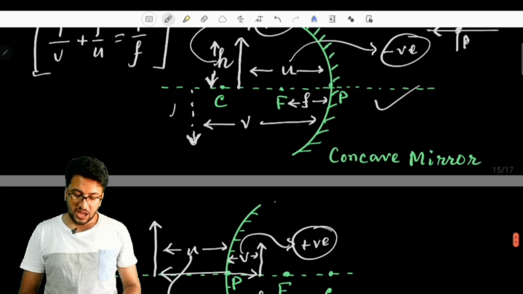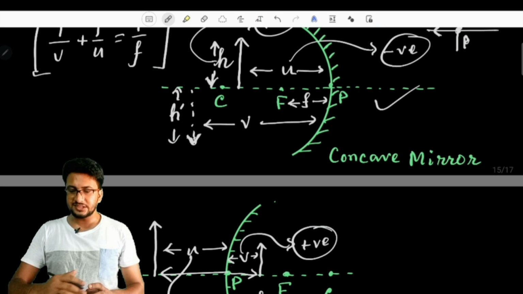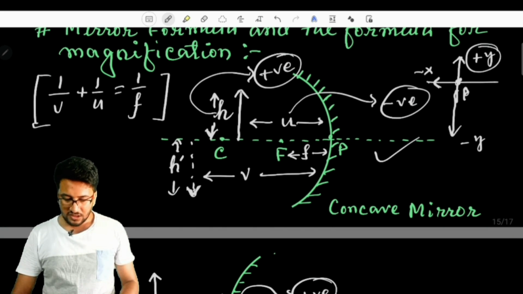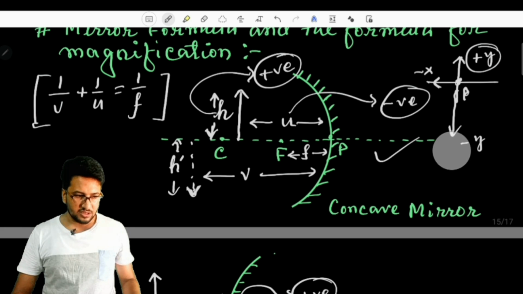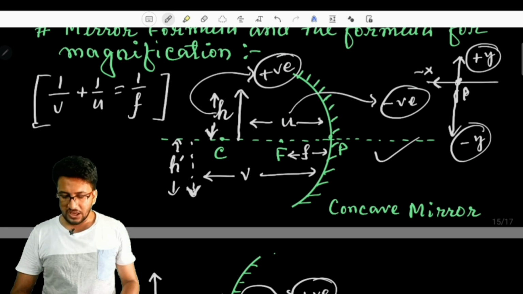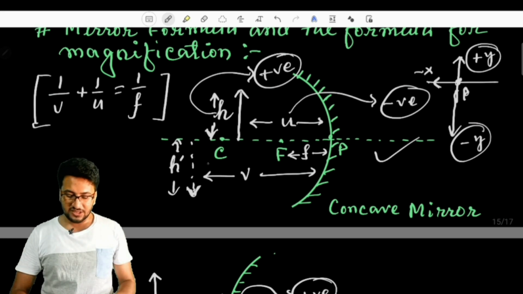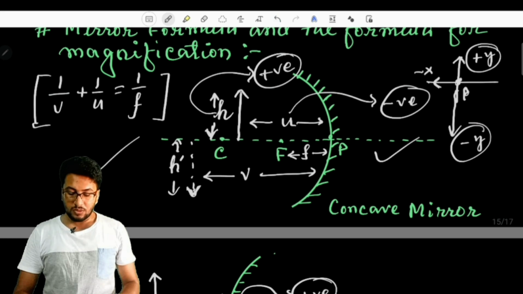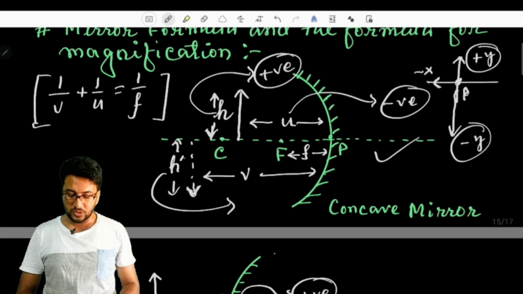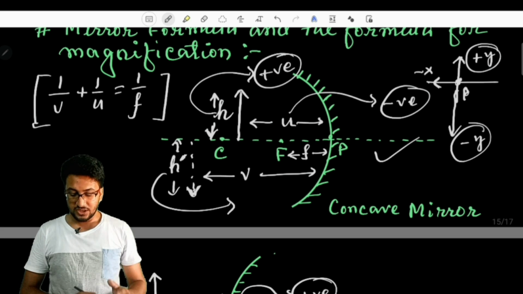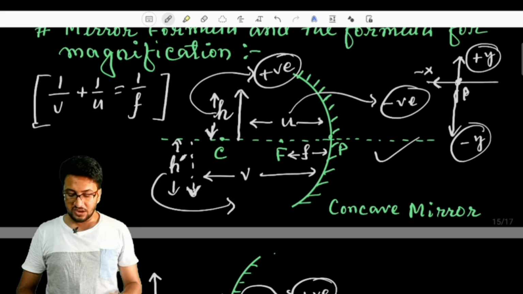But if we talk about the height of the image, which is measured below the principal axis, that means to measure such height we need to follow the negative y axis. There is my cursor. So in the negative y direction, we have to go to measure the height of the image in this case. This height of the image we denoted by h dash, and the object height is denoted by h. Object height was measured as positive and image height is measured as a negative quantity.